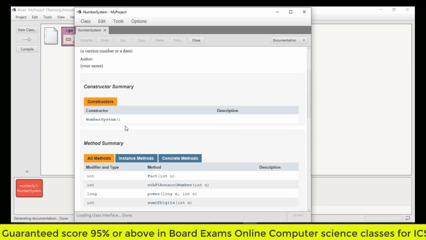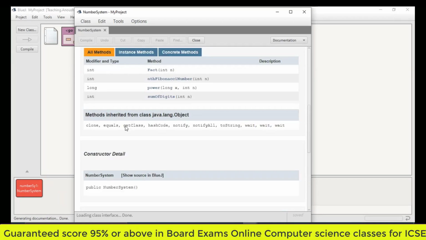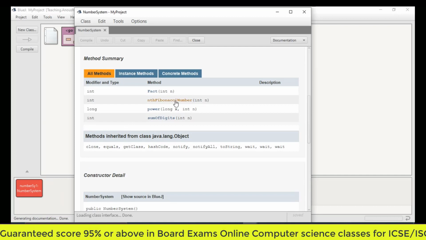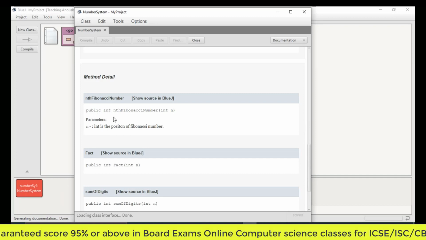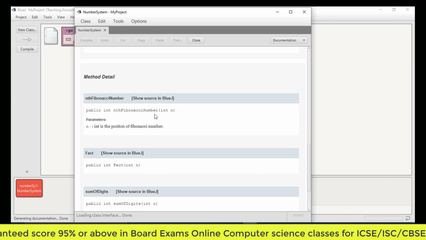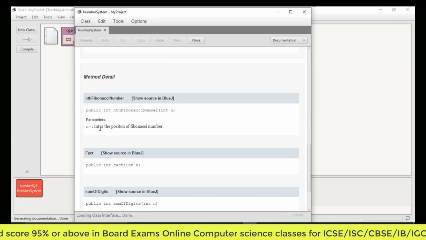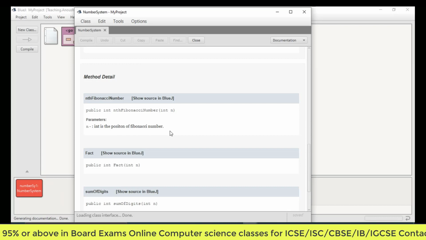So now when you go to your method, right? So this is your method, and when you click on this, you can see that it is showing public int nth Fibonacci number int n. And it's showing that n is of type integer and is the position of the Fibonacci number, right?